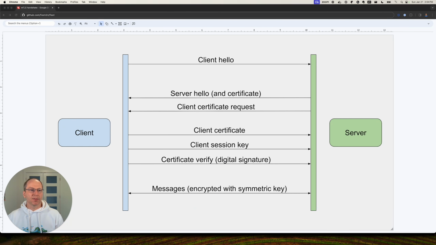So how does mTLS work? TLS is a pretty complex protocol. It has multiple versions such as 1.2 and 1.3, which are pretty widely used, and they work a little bit differently. So for this example, we will go over the basics without going into too much detail. This is a diagram that